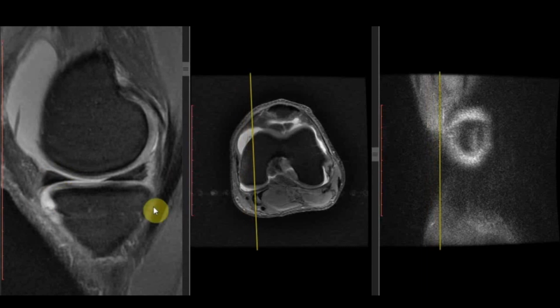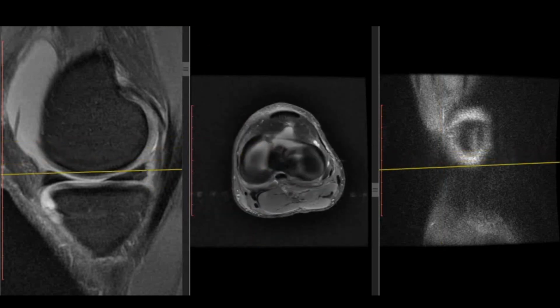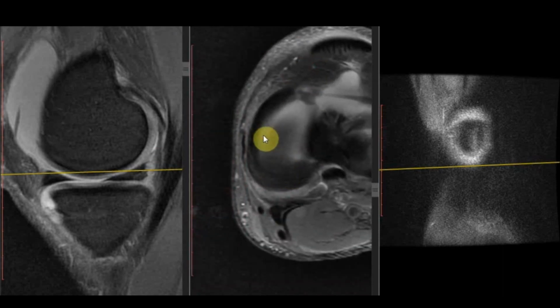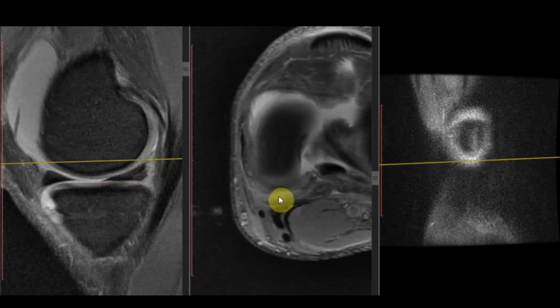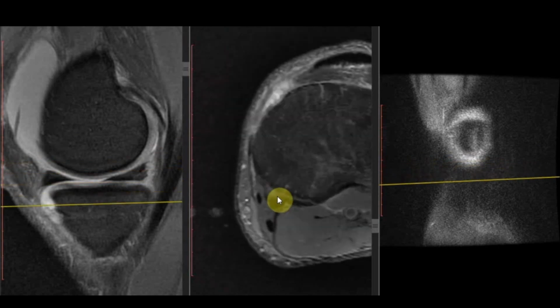On the medial side, the meniscocapsular junction is showing hyperintensity. So there is a sprain involving the posterior joint capsule at its attachment with the medial meniscus. So the meniscocapsular junction is showing sprain. There is hyperintensity here in the region of the posterior oblique and oblique popliteal ligament. So there is a sprain of the structures in the posteromedial corner.